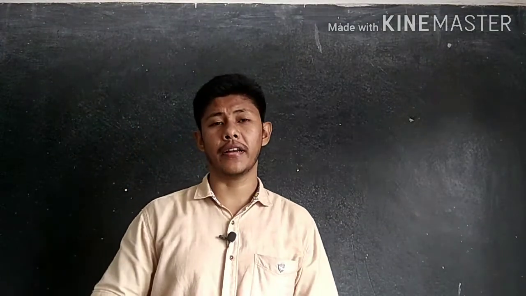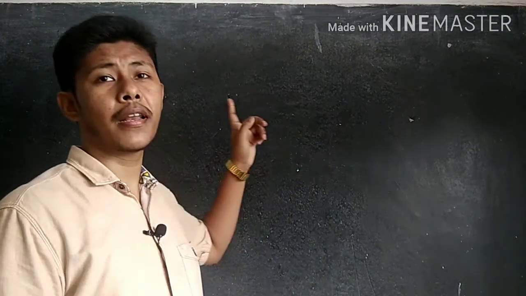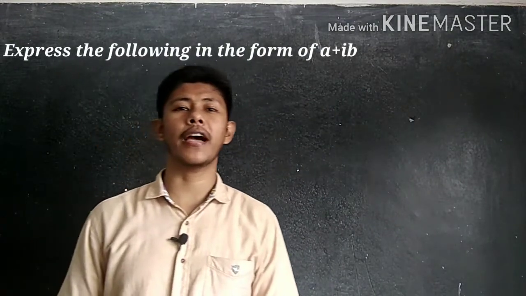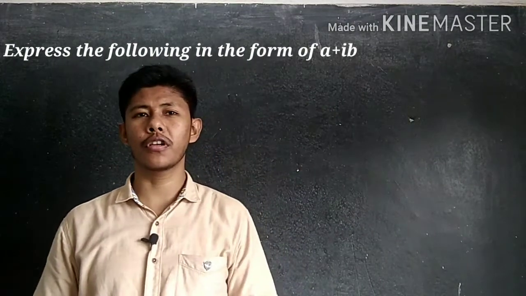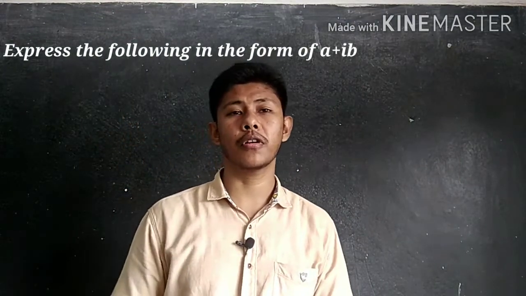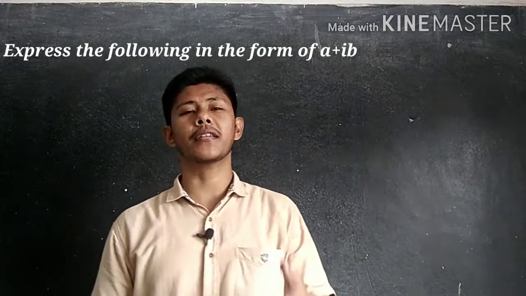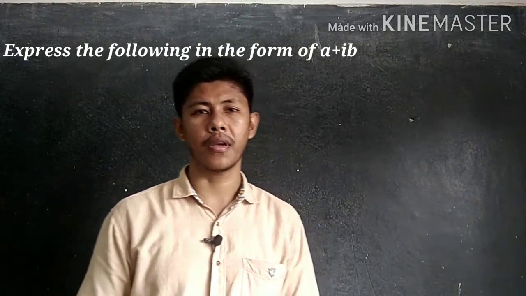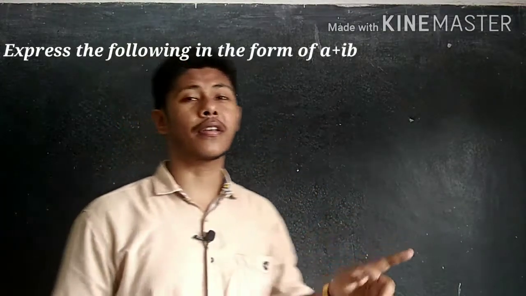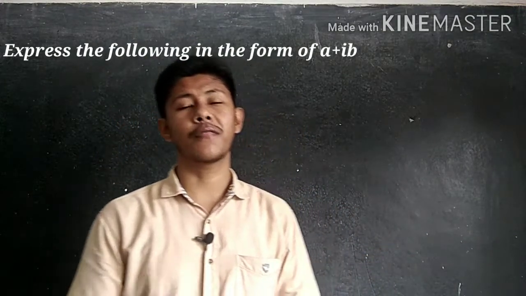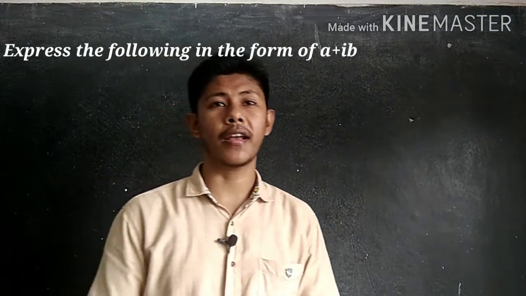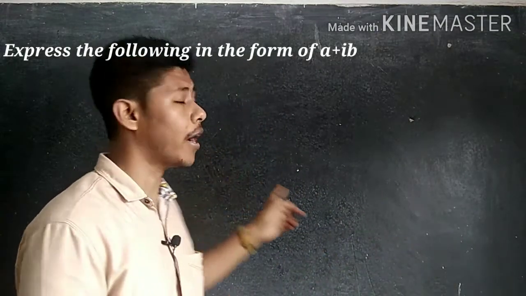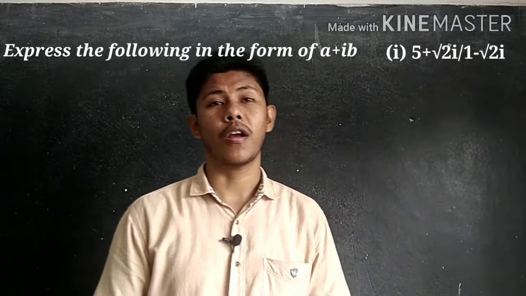Now let us consider another example, given in this way. Express the following in the form of a plus ib. A little earlier, in the question, we found a multiplicative inverse, and I said that if it is not given in a plus ib form, then we have to convert it to a plus ib form. So that's why this question is given here: express the following in the form of a plus ib, and the question is 5 plus root 2i divided by 1 minus root